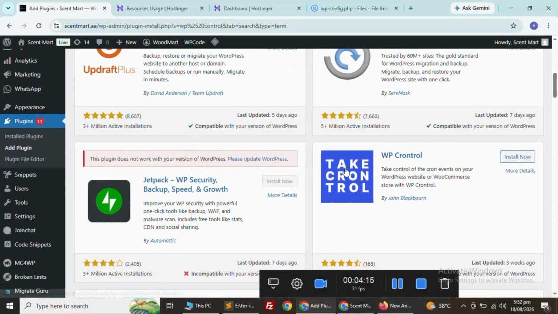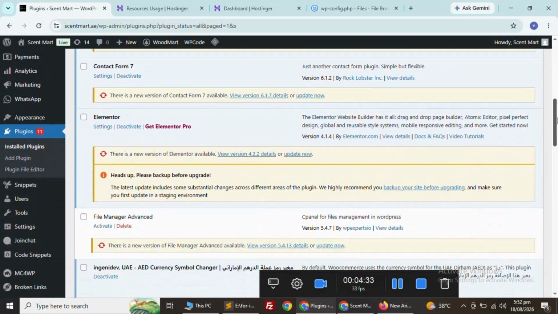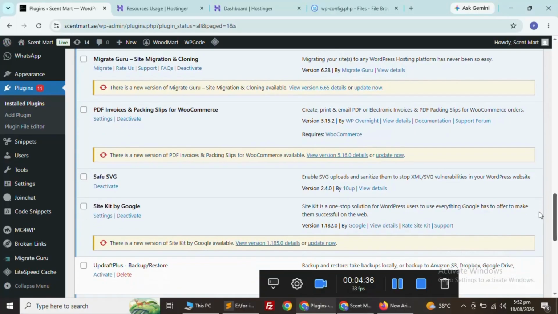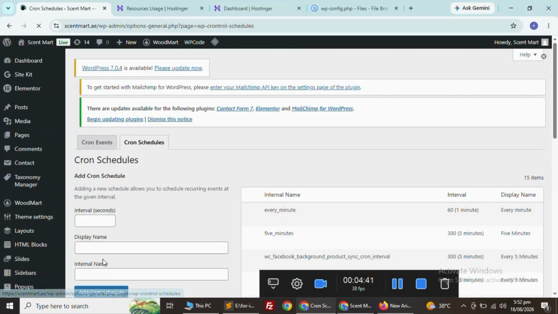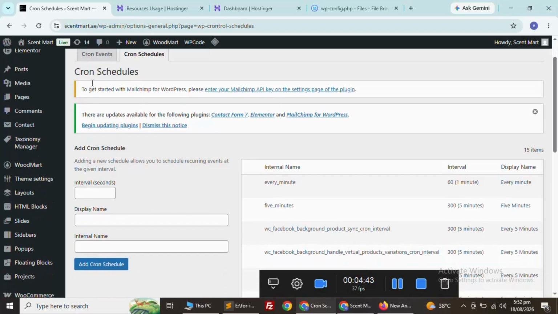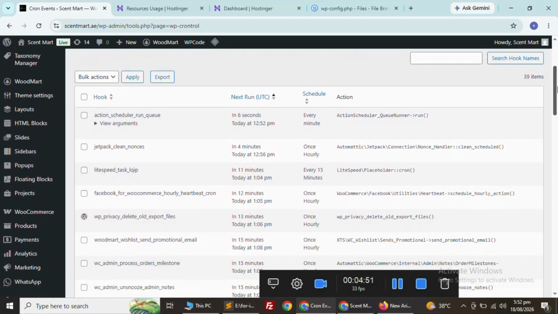Here is the plugin WP Control, which should control our cron jobs and events that run in the background. Sometimes some scripts are running, which is why some code runs every minute, every hour, that you can see in the settings under cron. And here is the control of cron events, and we have to first,